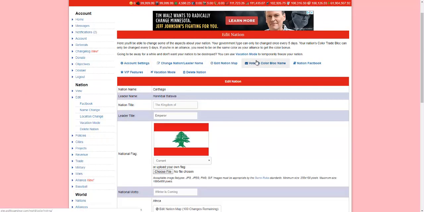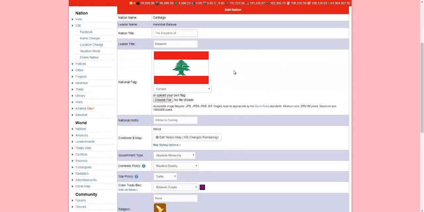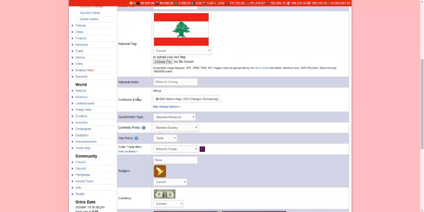So we've got some of the common links up here that you might access, kind of removed from here. But if you go down to your continent map, you'll see that right now everybody on the test server has 100 changes, just so I could test this out. But you'll see that if you go to Edit Nation Map,